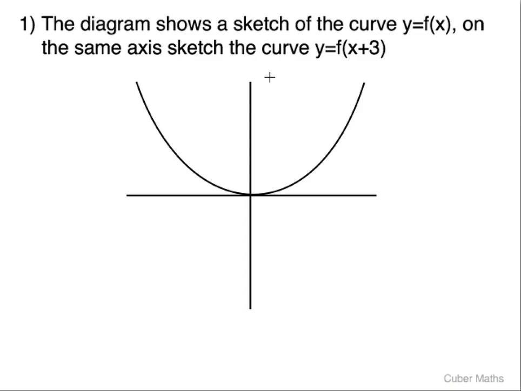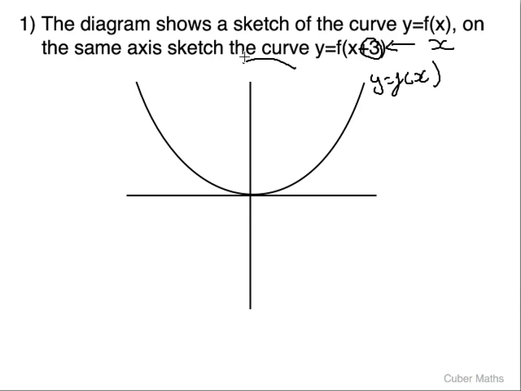Our first problem says the diagram shows the sketch of the curve y = f(x). On the same axis, sketch the curve y = f(x + 3). So this one here that they've already got on there is y = f(x), and now they want us to sketch y = f(x + 3). And it's inside the brackets, so we know that's going to affect the x direction. And it says plus 3, and it does the opposite to what we'd expect,